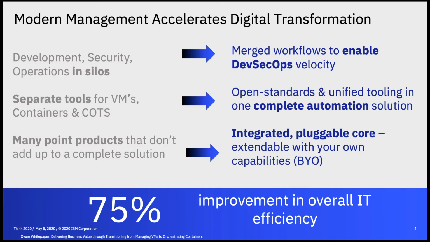Second one, greater adoption of automation, which goes beyond supporting the architecture and lifecycle of apps and infrastructure. It also is bringing AI and analytics into the solution as well. All of this leading to changes that improve how you do IT operations. And then the third one, using open source to create a pluggable ecosystem, which really lets you add in capability quickly and easily. And so what we've seen is enterprises can achieve 75% improvements in IT efficiency, which really now